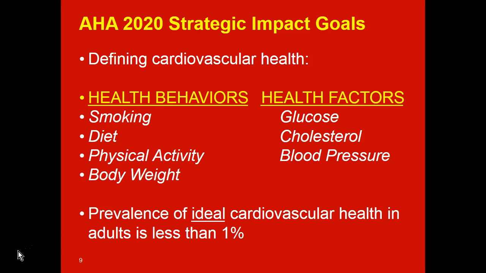Those include smoking or refraining or abstinence from smoking, a healthy diet, optimal levels of physical activity, normal body weight, optimal levels of blood glucose, blood cholesterol, and blood pressure. Now, our previous analyses in this area have revealed, using national surveillance data sets, that when we look at all 7 of these factors and the ideal ranges, less than 1% of the U.S. adult population has ideal cardiovascular health, which again means having ideal levels of all 7 of these health factors.